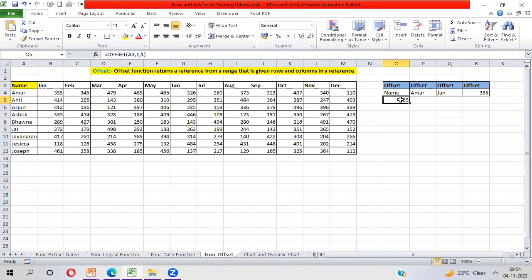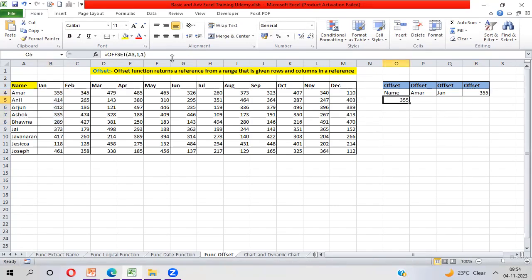But I don't want to take only 355. I want to create a cell reference and take this complete range. So here I will show how we can create a cell reference downward, meaning I will take only height.